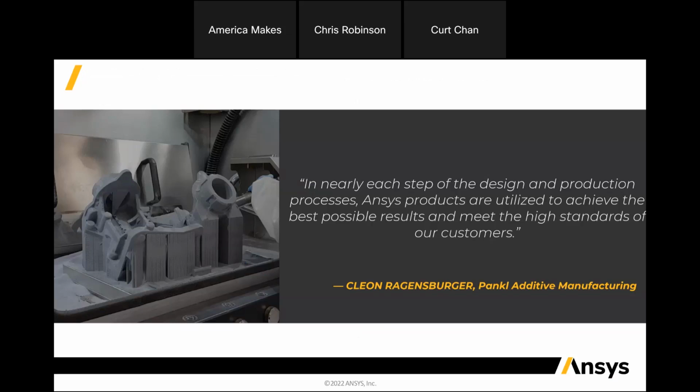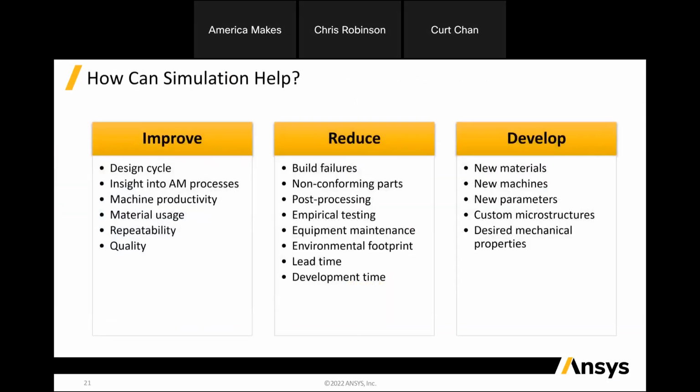And PANCL Racing really does have high standards from their customers. The racing industry really needs very, very high performance parts. So as we look at summarizing some of the ways that simulation